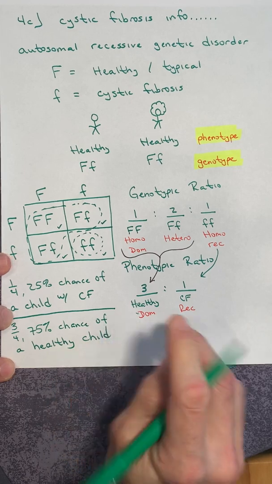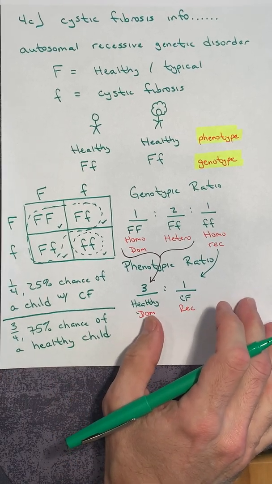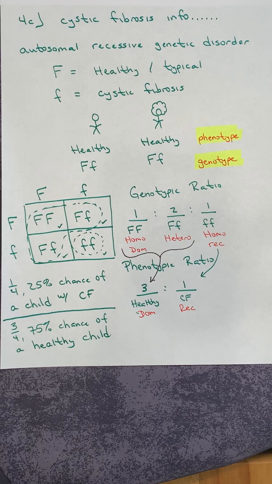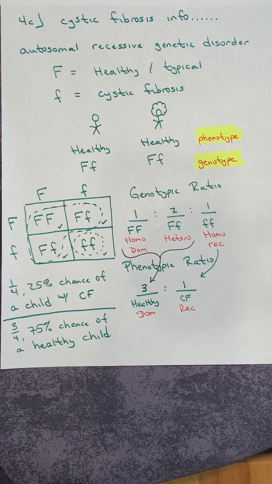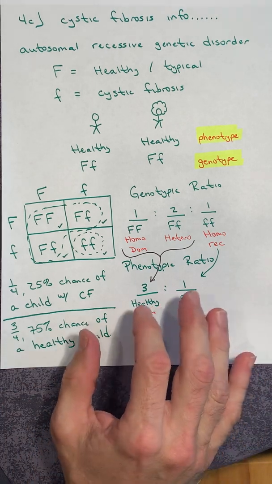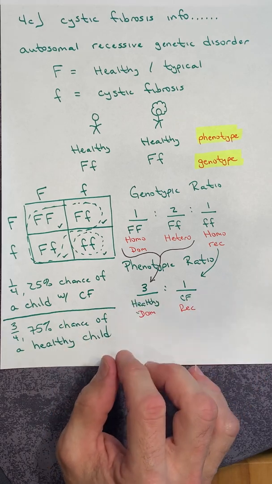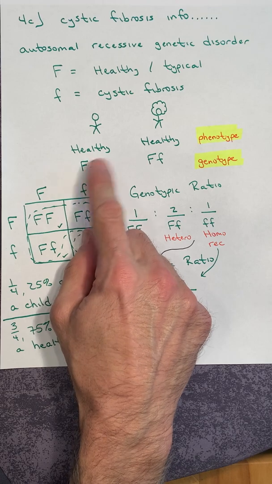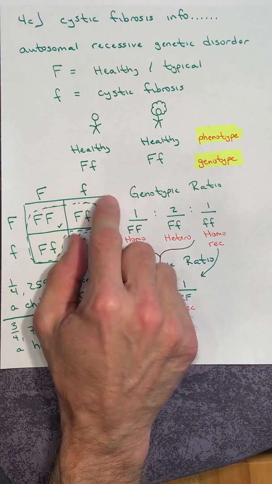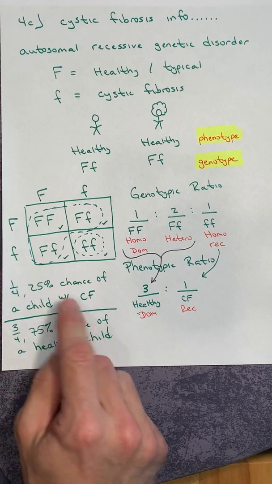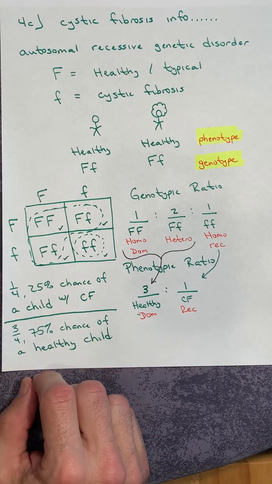Now, what this couple does with that information is extremely personal, right? That's where the science ends and the TOK starts, okay? And that's a really interesting discussion. So this is a sample problem. Your problem does not have to look like this. In fact, I would suggest that it doesn't. Mix the genotypes up of your parents and or of your sample cross, and then provide the genetic counseling information